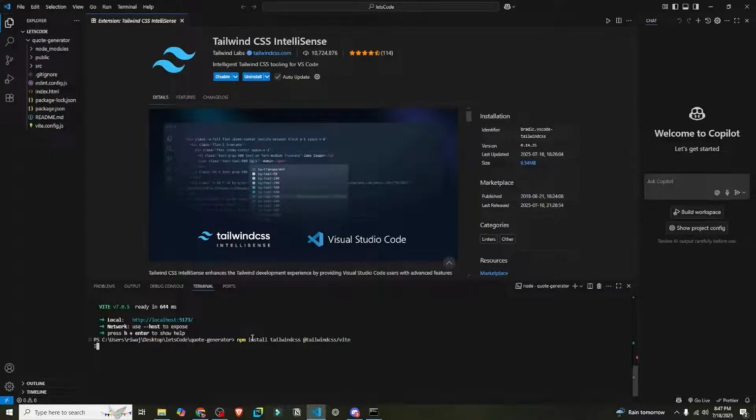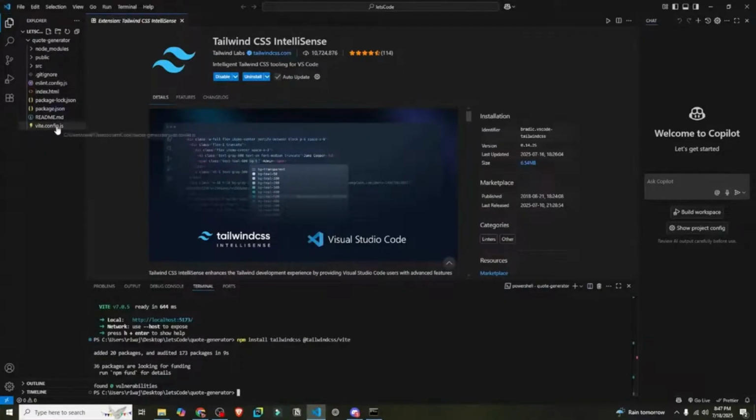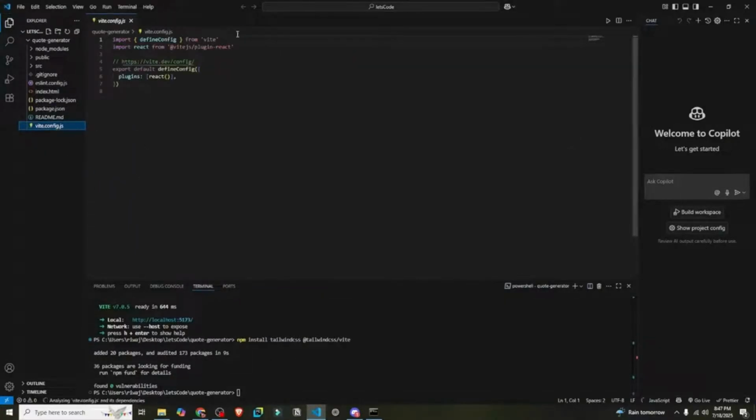Now after running that, it'll run for some while and install Tailwind CSS on our device. But after that, we're not done. We have to make changes in our vite.config.js file, and we have to add